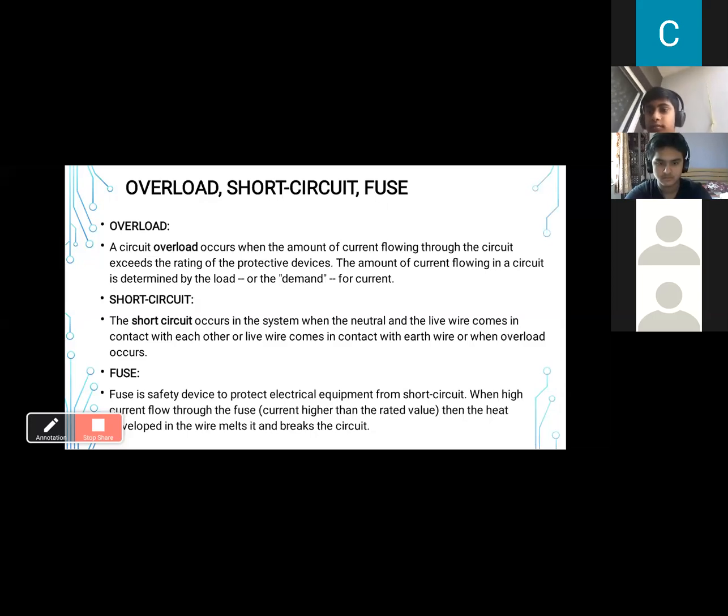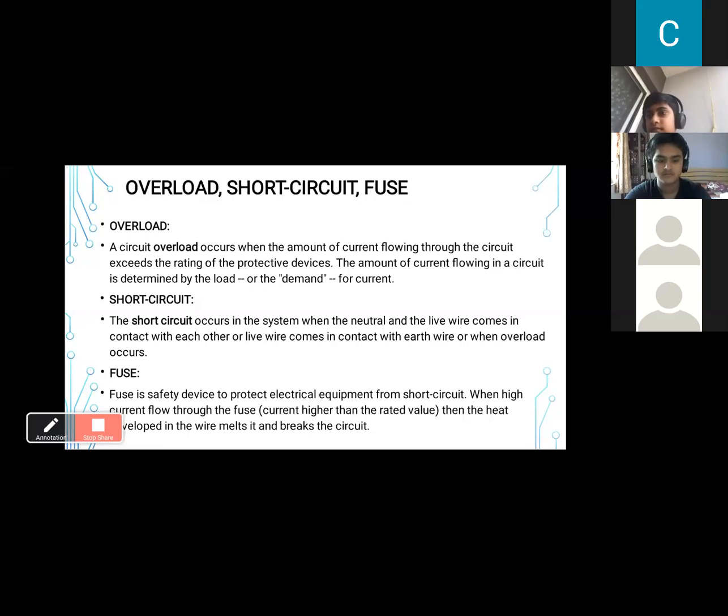And the fuse wire works on the principle of the heating effect of current, because it is made up of low melting wire. Whenever a high amount of current is flowing through it, it will heat up and melt faster as compared to the wire it's flowing through or the appliance. The fuse wire has a lower melting point than the device. So we keep a low melting point because we want it to melt at a lower temperature. Whenever current is more, heat is produced, and we want it to melt at that heat.